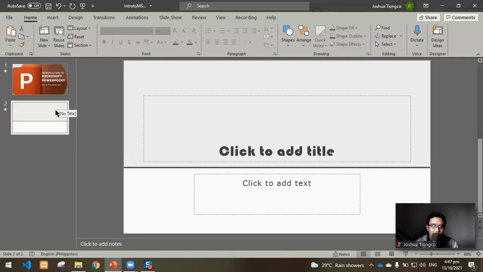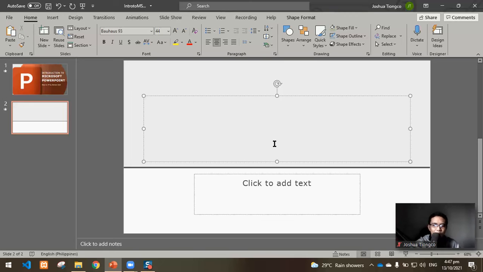So for example, I have already inserted this slide. In a slide, we have what we call the text box or the placeholders. Here, you can put the text that you want to present. Mostly,